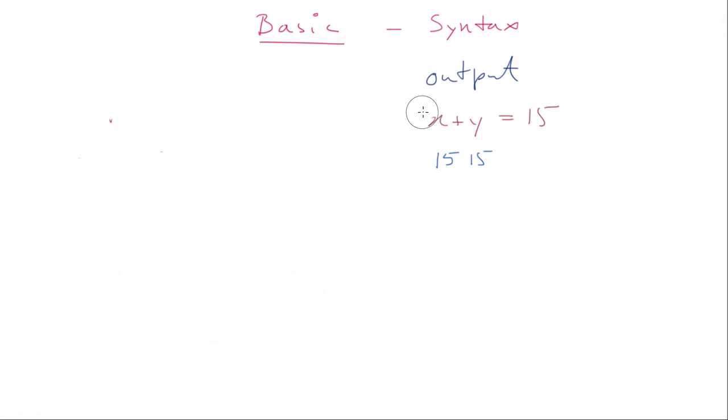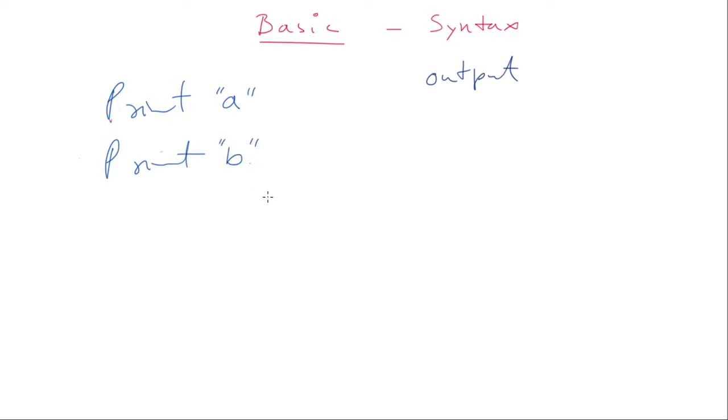One more thing about printing, let me just tell you. Suppose I write print A. Do some programming and then write print B. What will be the output? A and B. But suppose I wanted A and then B one beside the other, but I can't write the two print lines together. I'm not writing AB over here because I did a bit of programming and then I got my B, and then I have to print. How to get this?